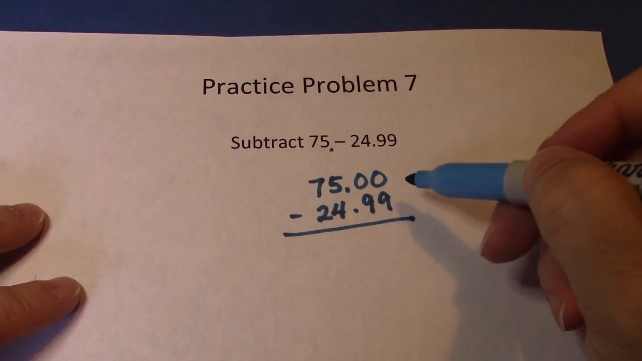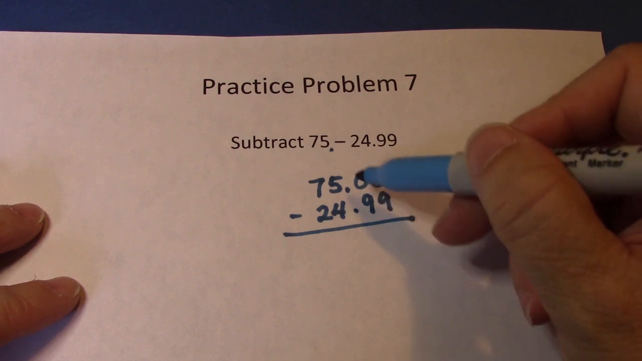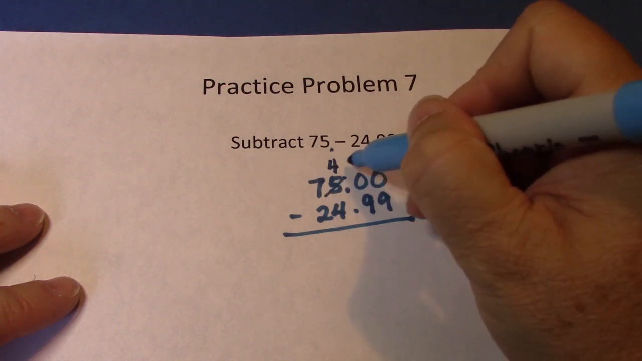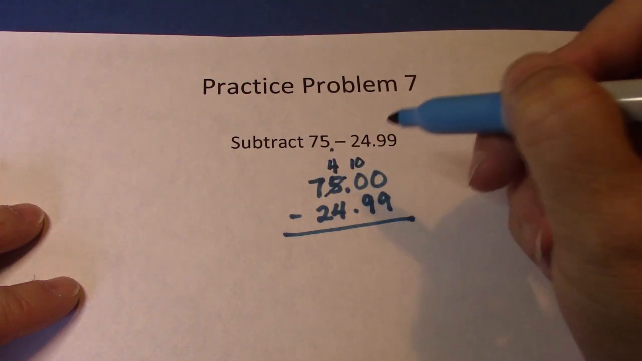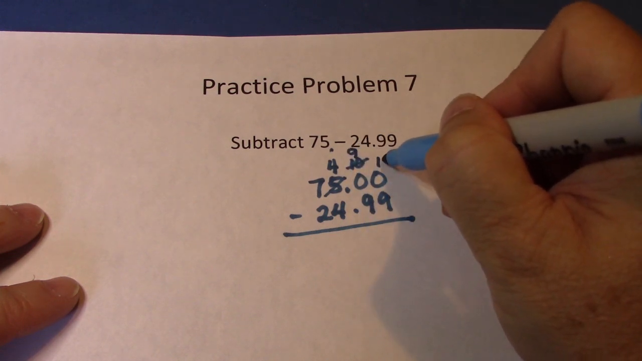Okay, some major regrouping has to go on because we can't subtract this from 0. We have nothing to get over there. We have to come all the way over here to get something. We're going to take one of these away. One of these is worth 10 of those. One more regroup. I'm going to take one of those away, leaving me with 9, gives me 10 of